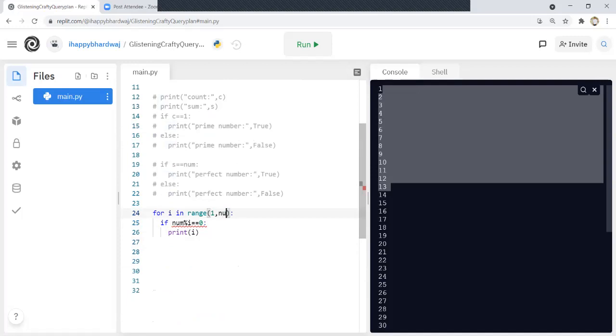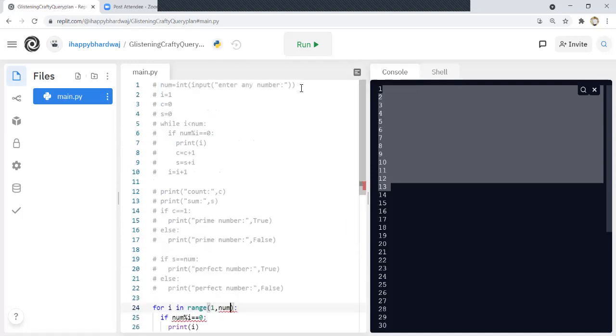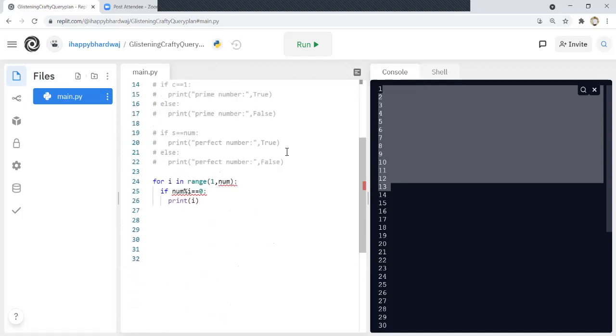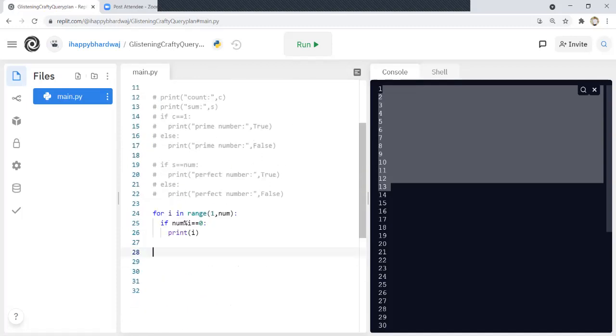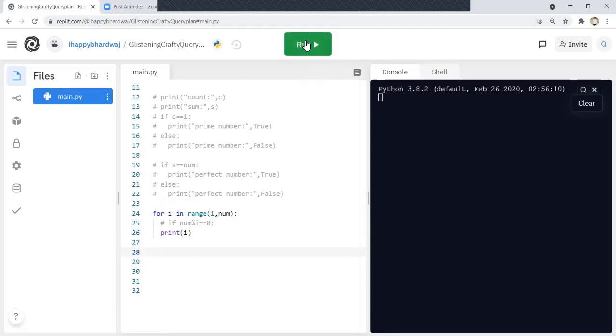Also I need to use num here, and I need to uncomment the line where I'm taking num as input. So now it will work fine. Let me first show you something: if I write print here, let me clear the console.